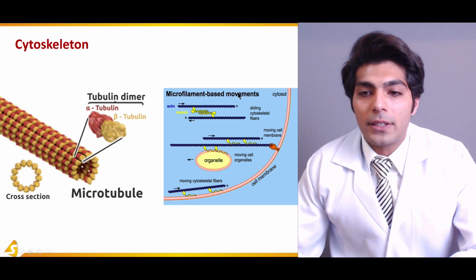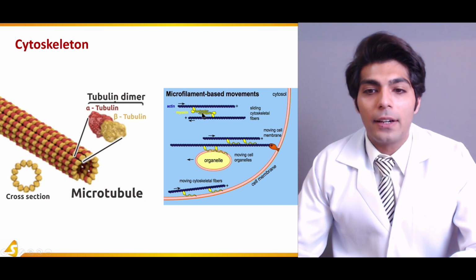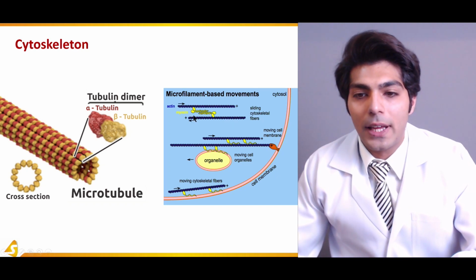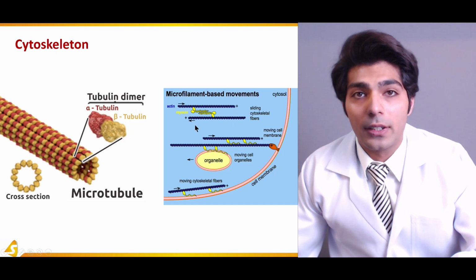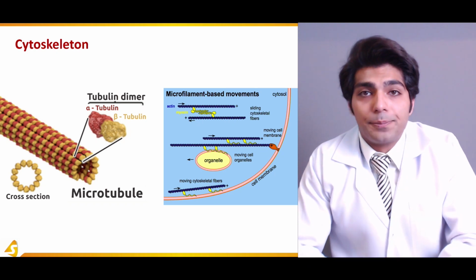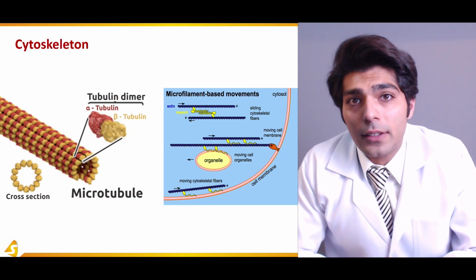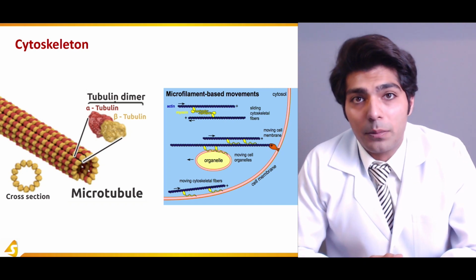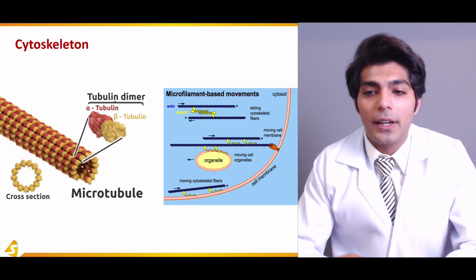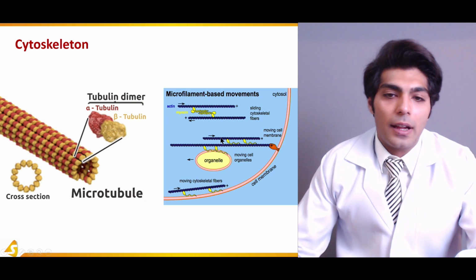These are the microfilaments, microfilament-based movements. You can see the actin filaments. So the head of the myosin, when it attaches to the actin filament, causes the movement, causes the contraction, which is a very important phenomenon after the action potential of the skeletal muscle. There is excitation-contraction coupling that occurs in the skeletal muscle, and it causes the contraction of skeletal muscle and the voluntary movement. So it is an important element of the cytoskeleton,